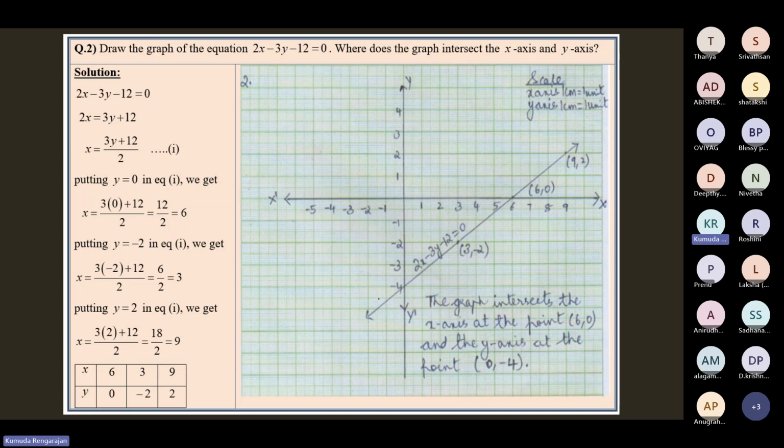So you can see it now. It is represented by a straight line in the Cartesian plane, and it has infinitely many solutions because every point